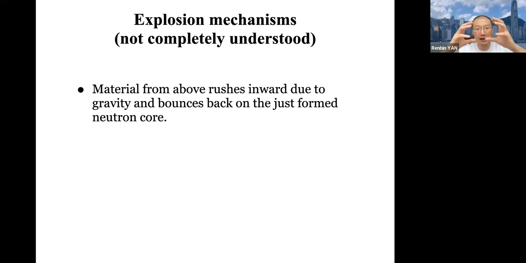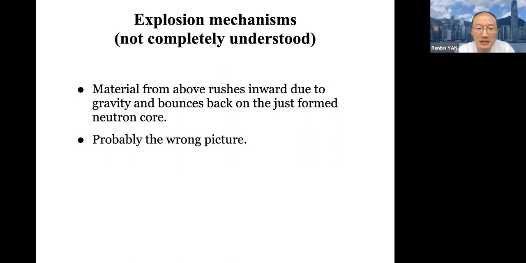The basketball will bounce back, but the ping pong ball will shoot up really, really far because the outer layer is less dense, right? When it's rushing in towards something really dense and massive, all the bounce back energy will be transferred to the outer layer, so that the outer layer will go out with really high speed. So that's one mechanism that we thought was causing supernovae to explode. But actually, this is probably the wrong picture. This was originally thought to be the case.